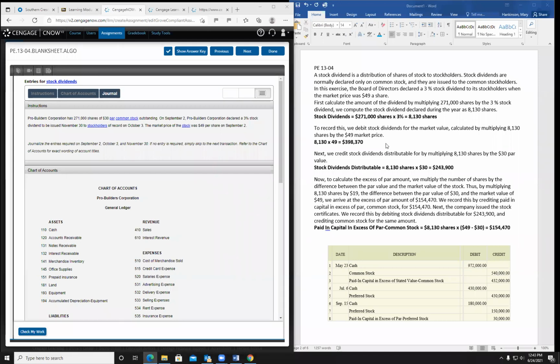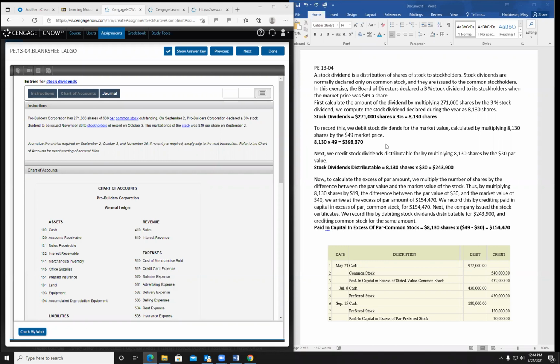Okay, so the next problem I want to talk about are entries for stock dividends. A stock dividend is a distribution of shares of stock to stockholders. Stock dividends are normally declared only on common stock, and they're issued to the common stockholders. In this exercise, the board of directors declared a 3% stock dividend to its stockholders when the market price